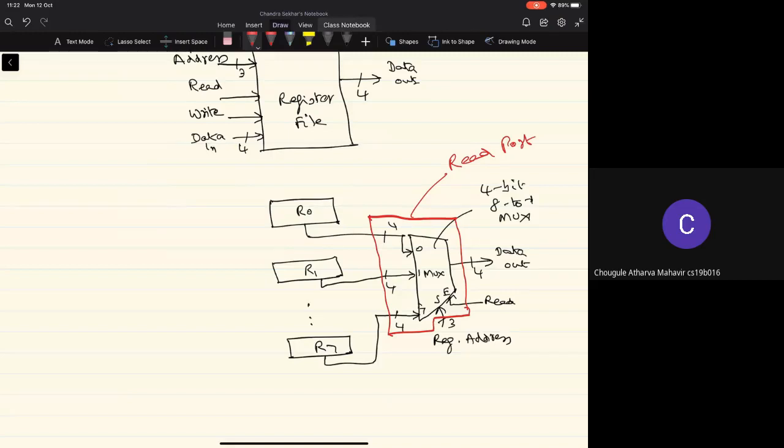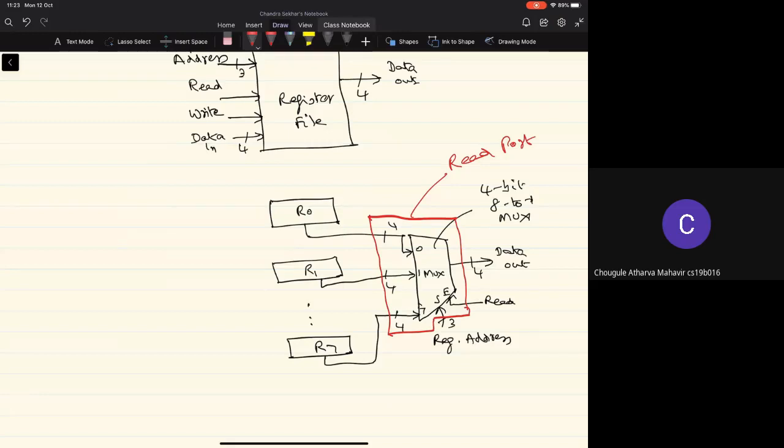If somebody is interested, can one read the content of multiple registers simultaneously? Let's say I want to read the contents of 2 different registers simultaneously. Actually, one can also read the content of the same register twice, but that may be of interest later. We'll worry about that later.